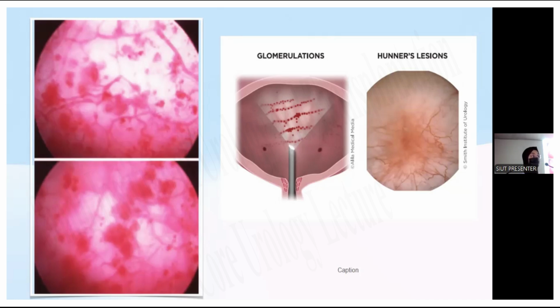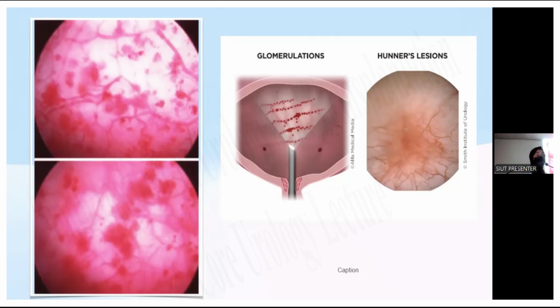Again, this is very commonly diagnosed in the Western Hemisphere as compared to the global South. But it is all the more important to know that there is nothing different between our two regions because of the population migration from one area to the other. But the diagnostic capability of a urologist should always be there. If you don't diagnose it properly, you won't be able to take out the biopsy. You won't be able to provide a sample to the histopathologist to categorize into whatever the classification is. So it is very important as a urologist to give the first information report, and that can only be given by having a properly done cystoscopy.